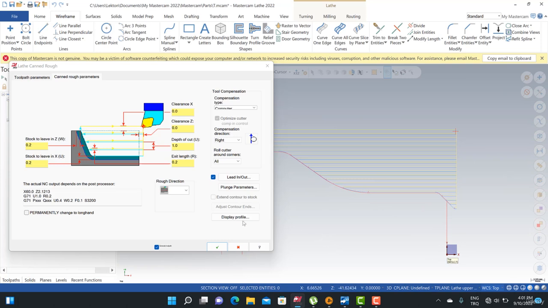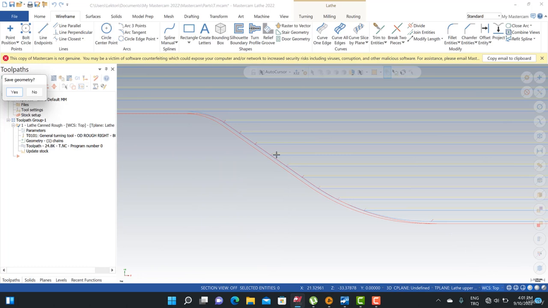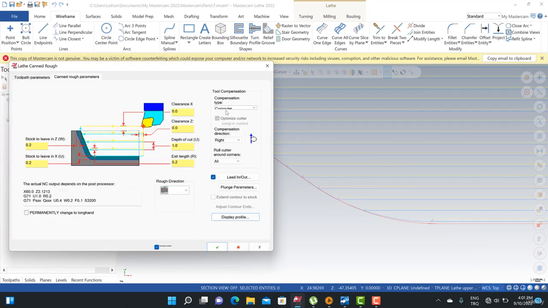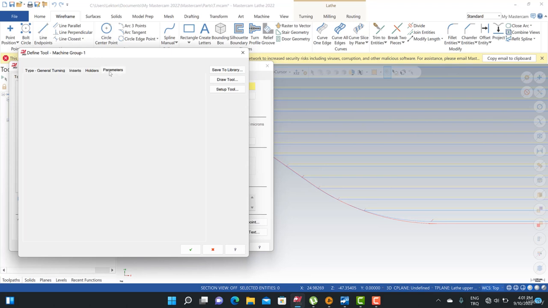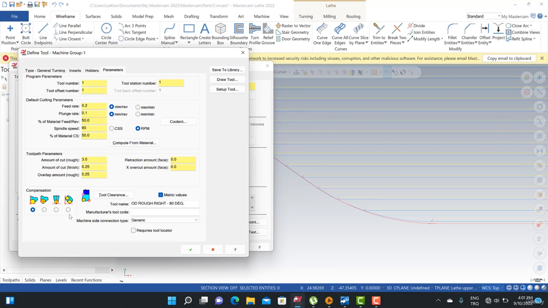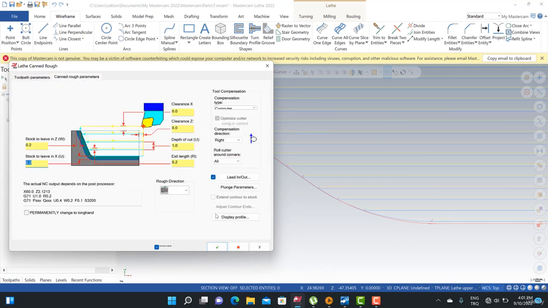When I click here, we're going to see some profile here. This profile is coming from our tool compensation process. When I click here, this is the computer. It means that my tool radius, corner radius 0.8, and my parameters, compensation type, is going to calculate it in the computer. So that's why we can see that kind of line